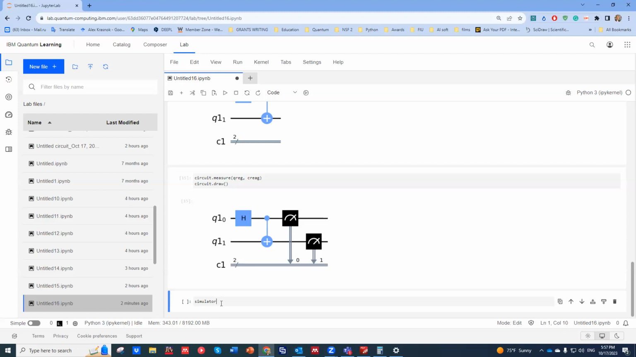Simulator. Let's give it a name. Oh, cool. Classical. Okay, we're going to use this custom simulator. IBM provides several types of different simulators. We're going to use this custom simulator, and I declare it in this way: